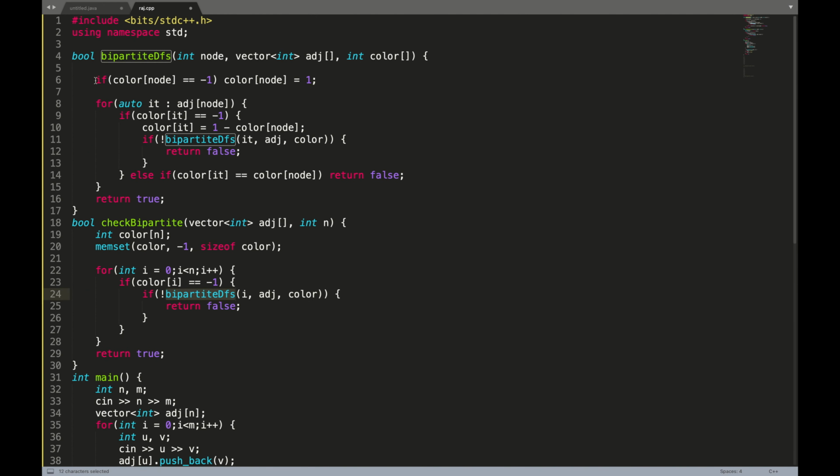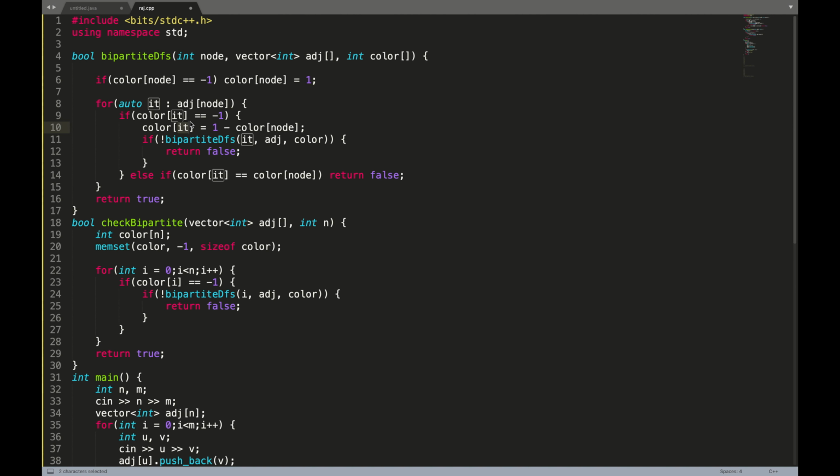So as you see, if it's the first time you're calling with the node and that's not colored, -1 means not colored. I'm going to color it with 1. You can take it as 0. That is absolutely your wish. First time what you're coloring doesn't matter. After that, I'm going to traverse for all its adjacent nodes, right? We check if the adjacent node has not been colored. If the adjacent node has not been colored, let's color it with the exact opposite color. 1 minus something which is either 0 or 1 will always give you the opposite. 1 minus something, that's basically negation. Negation of 1 and 0. So you'll get the color of adjacent node it as 1 minus something, right?